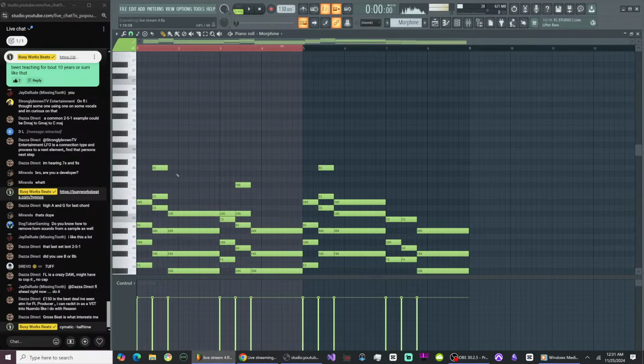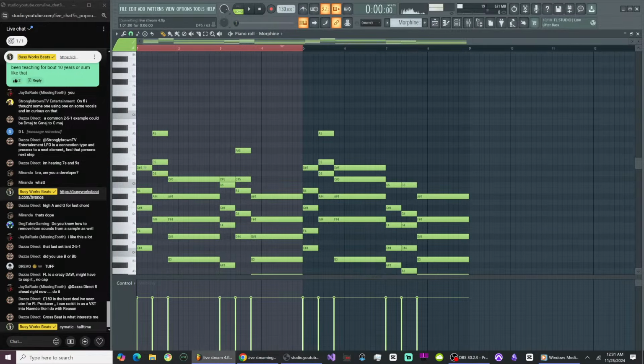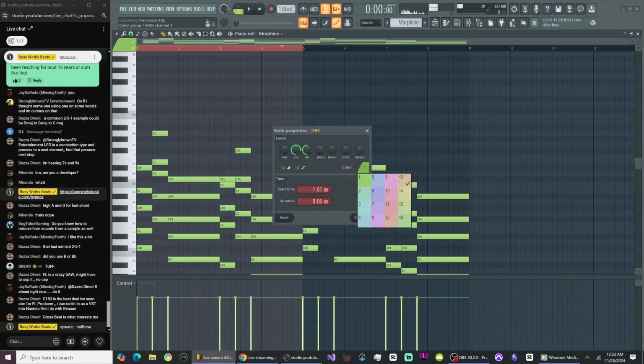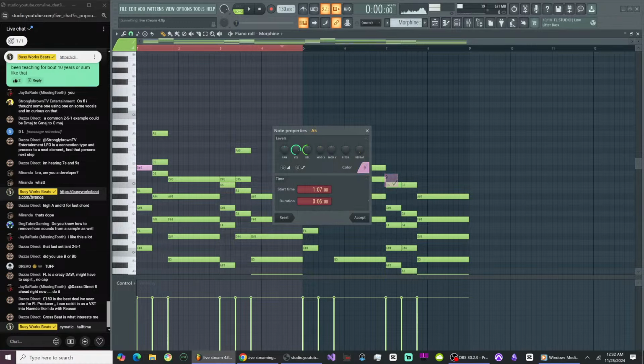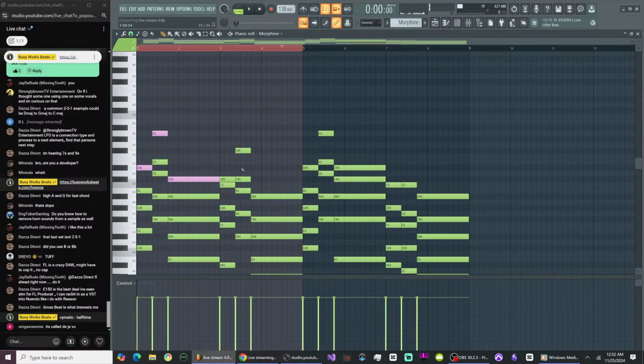Okay. So now what we need to do for the chords is we want to double click on the notes. We're going to switch the MIDI channel. Basically, any notes with the same MIDI channel will slide to each other. So basically, if I have Deja Vu, that's what it's called, thank you,